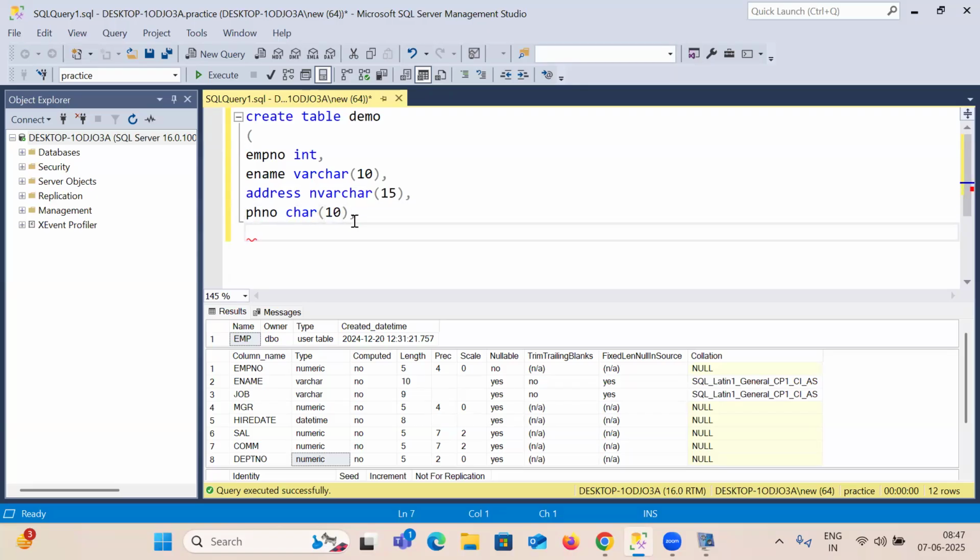Char. Sir, is address predefined, because it came in blue color? No, it is not predefined. No problem, it is executed. Don't worry. And phone number. The next one is salary. This is a money data type. And for float, decimal,